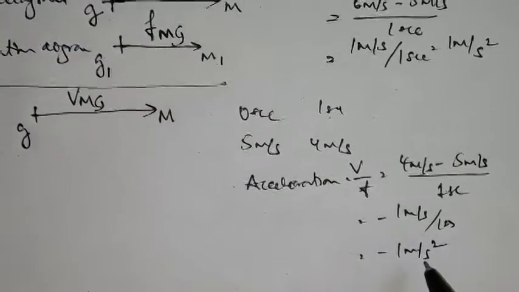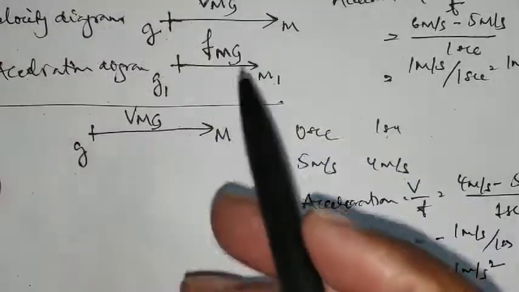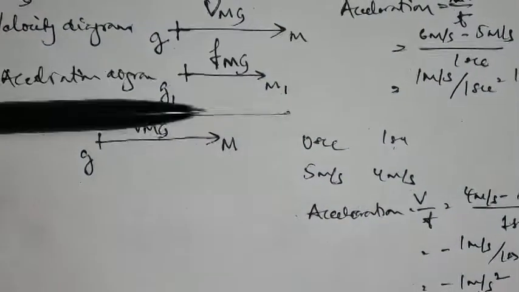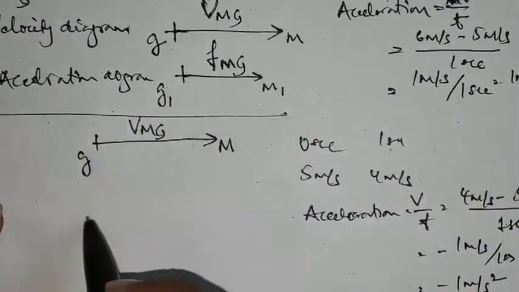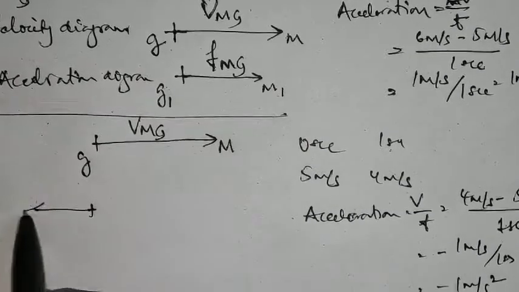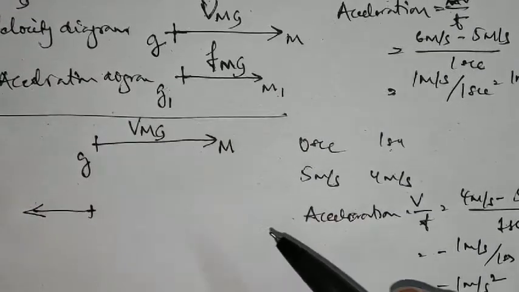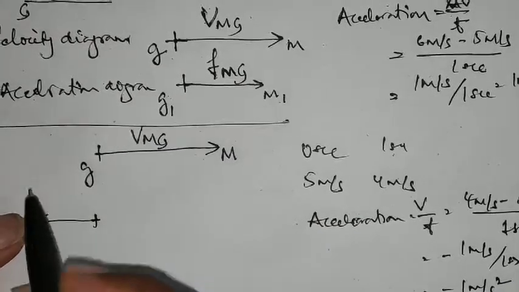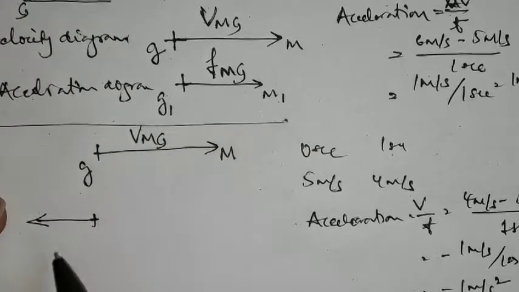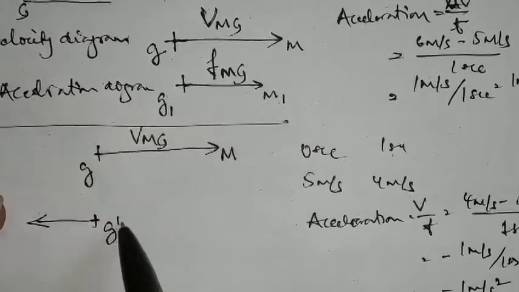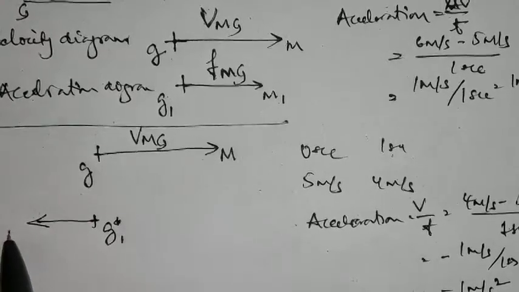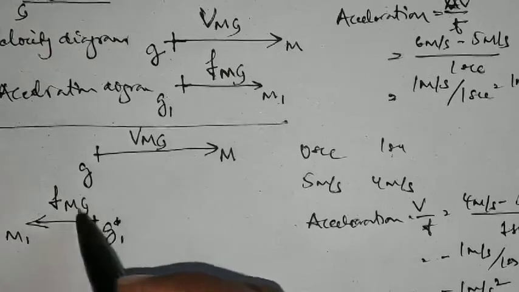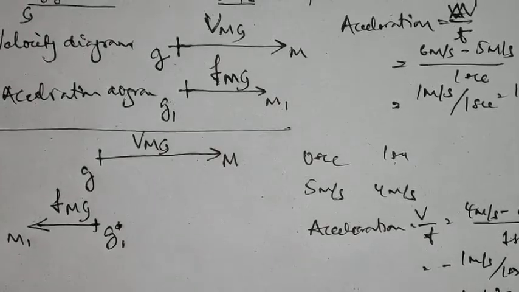So therefore, when we draw the acceleration diagram for a body which is moving along this direction, the body is moving in this direction, but the acceleration vector can be exactly opposite, like this. So this has to be kept in mind, that when the velocity is decreasing, the acceleration vector can be opposite to the direction of the velocity vector. So in this way, this acceleration vector can be written like this. Where it is m1, this is the acceleration of m with respect to g. Acceleration can be opposite like this.